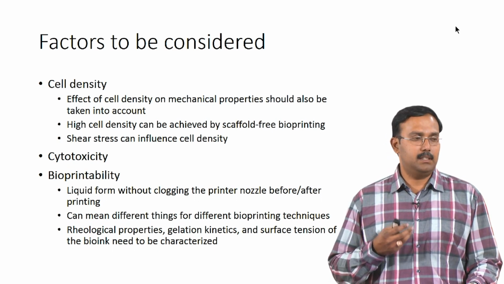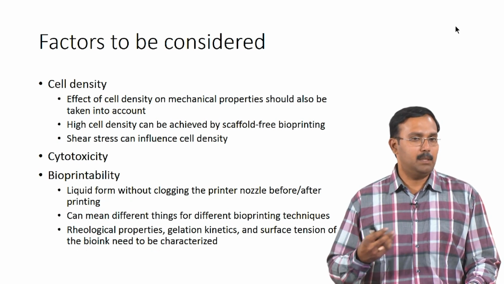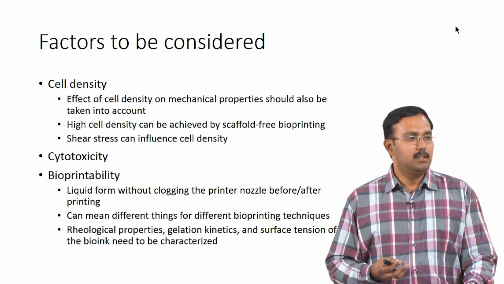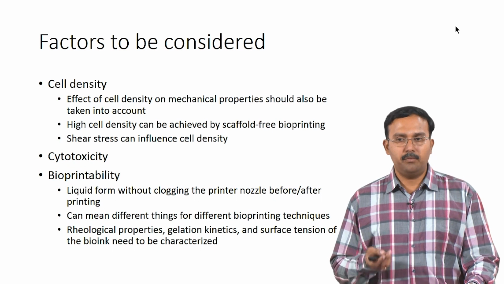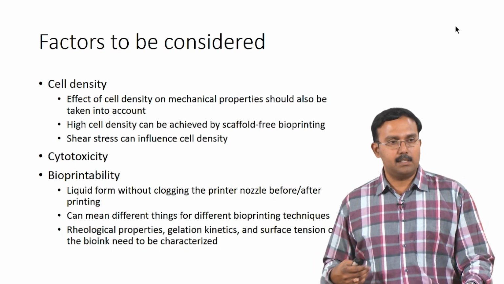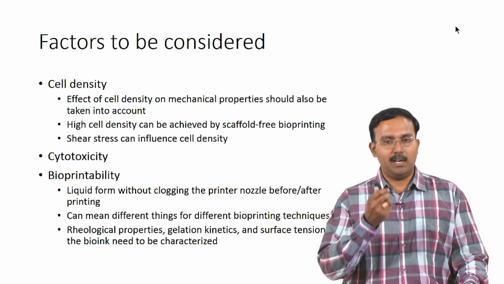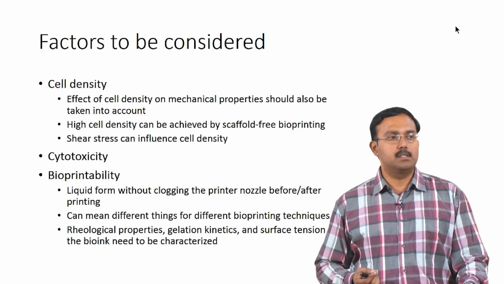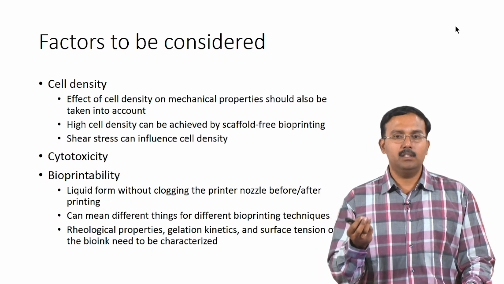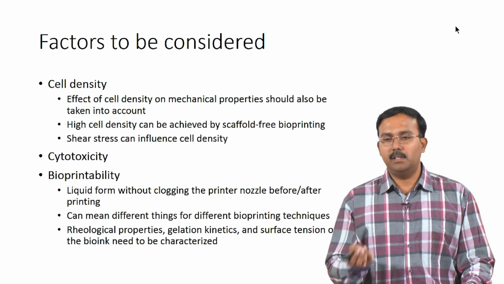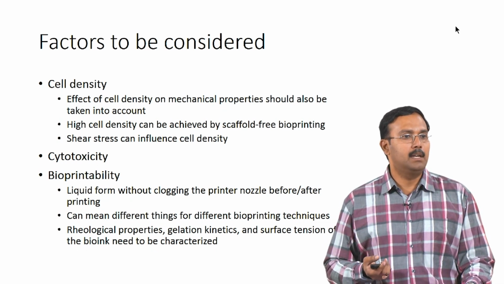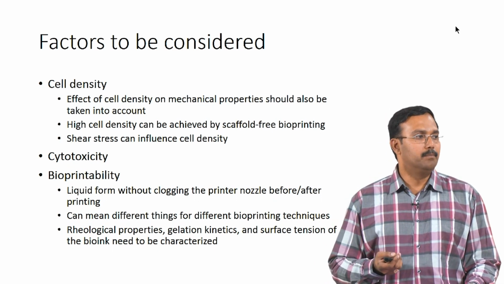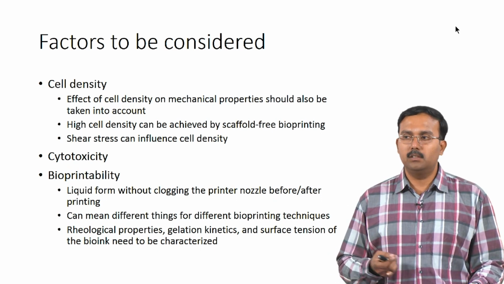Bioprintability is an important aspect. Whether it is actually a printable thing, the liquid form should be able to come out without clogging the nozzle. We will talk about the types of printers later, but in some types of printers you have a nozzle, which means the ink actually comes out of this nozzle. So, this cannot clog the nozzle. If it clogs the nozzle, then the ink which comes out is not going to come out at the same flow rate. So, the printing is going to be very different, and as it clogs more and more, it will completely stop the flow. So, the ink cannot clog the nozzle.